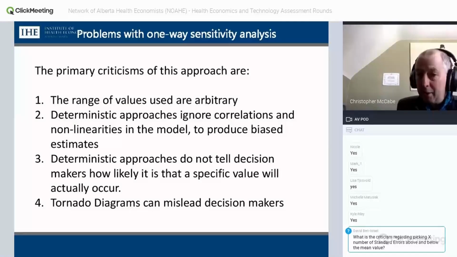If we tell them that there's only a 1% chance of a value that would lead to a positive decision being indicated by the results of the analysis, that's much more helpful. It helps them to actually stick to their guns and to bite the bullet of difficult decisions, and to be explicit if they are making a decision to recommend a technology that is nominally not cost effective for other reasons